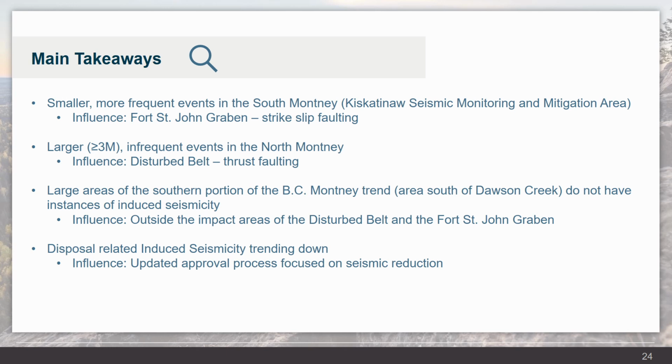Although these faults tend to result in smaller earthquakes, events less than magnitude 3, the vibrations are perceived by local residents. The area of the North Montney is influenced by its proximity to the disturbed belt, which was formed during the era of mountain building millions of years ago. As a result, induced seismic events are from thrust faults, which are faults that tend to go more up and down, and events have a higher probability of being equal to or greater than magnitude 3. Strong motion sensors, often referred to as accelerometers, are required in this area, so the ongoing quantification of shaking relating to events in this area can continue to be assessed.